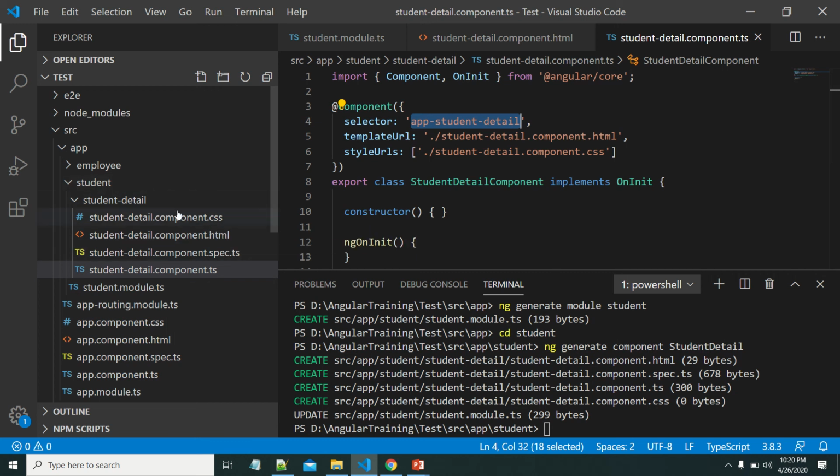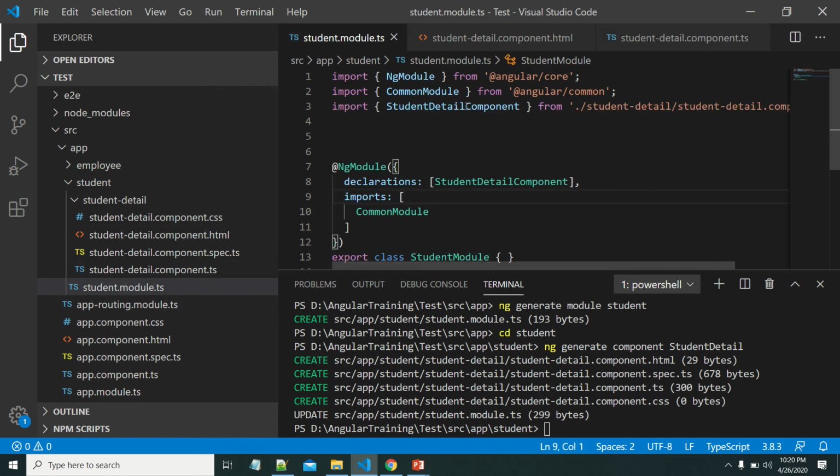If any component is created by using the Angular CLI, it will try to add that component to the nearest module. Here we have created it in the student folder, so student module.ts is identified, and this student detail is automatically added there, which we can see here.